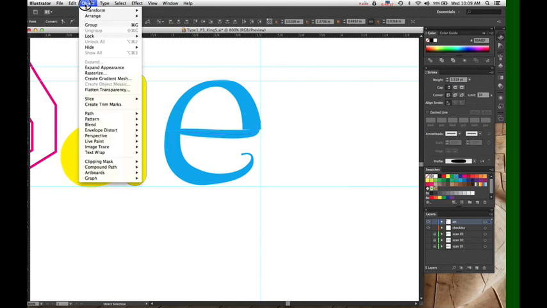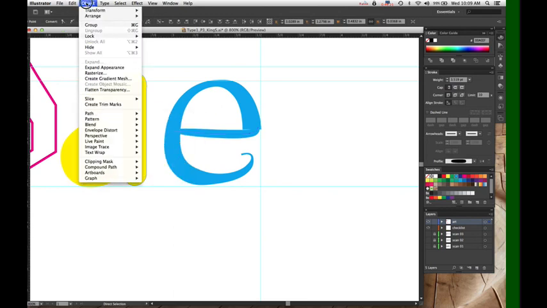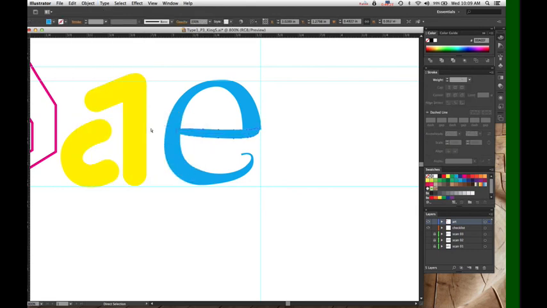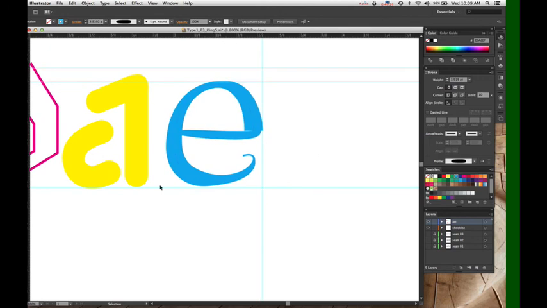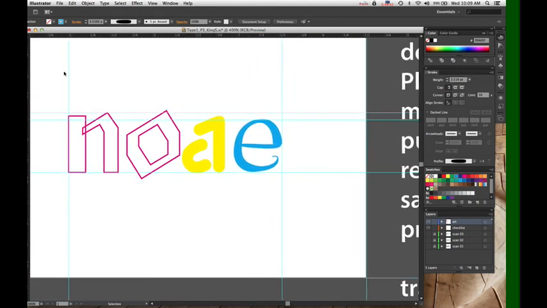But you may also just find it easy to outline the path. Now the thing is that does away with all of the editability that the width tool gave you. So the width tool is very, very useful for very calligraphic, ornamented work. You may also find a combination of these methods to be very helpful.